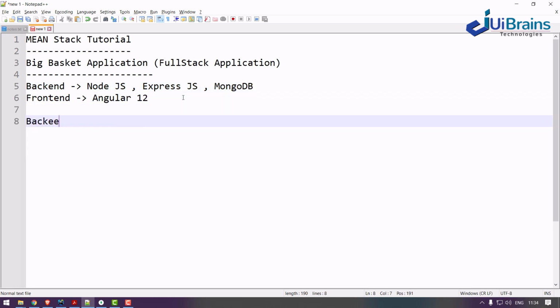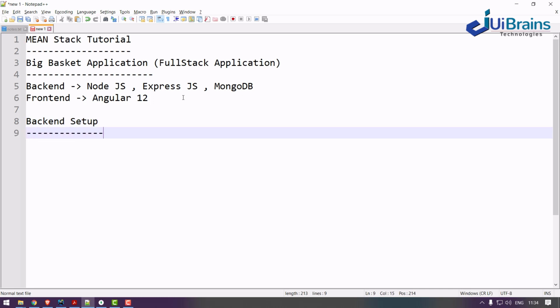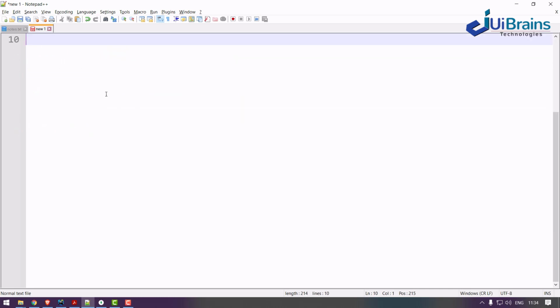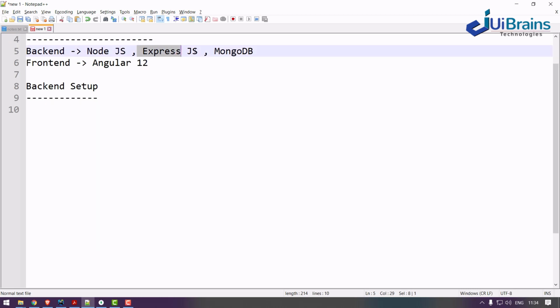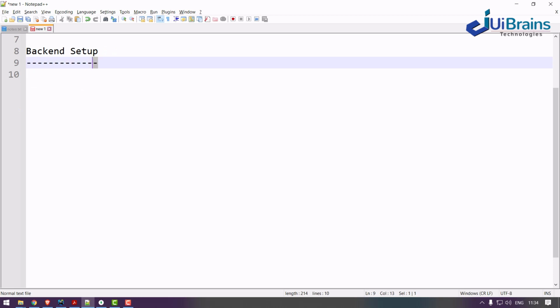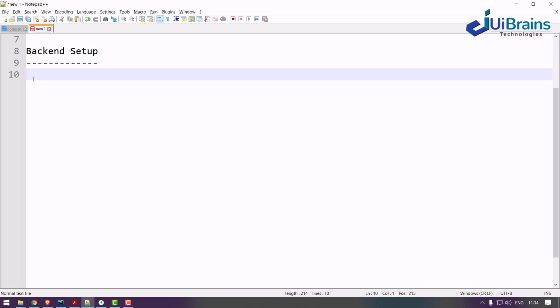First of all, let's take the backend setup. For the backend setup you have to create a Node.js or Express.js server and database operations. In the backend setup, you must create everything from scratch.